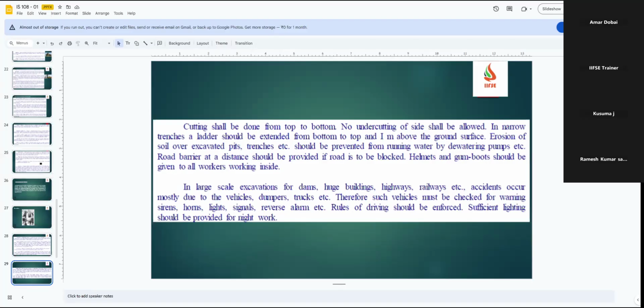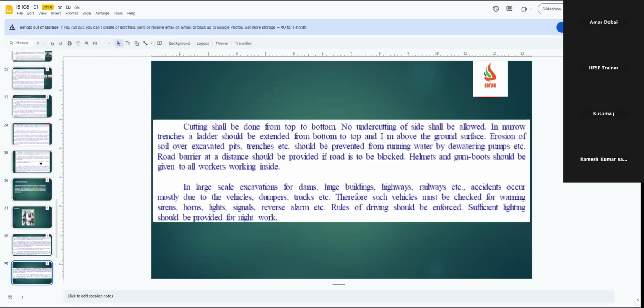So there we basically take an approach of man, machine, material, and method. If you talk about large excavations, dams, or vehicles, the machines are majorly prone to hazards. So with that, how can we have